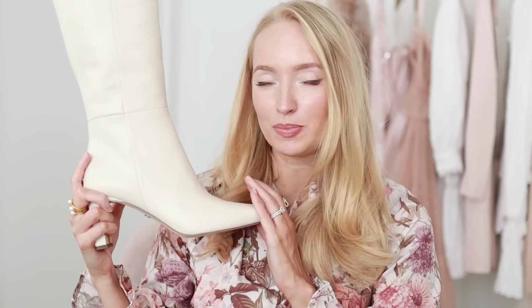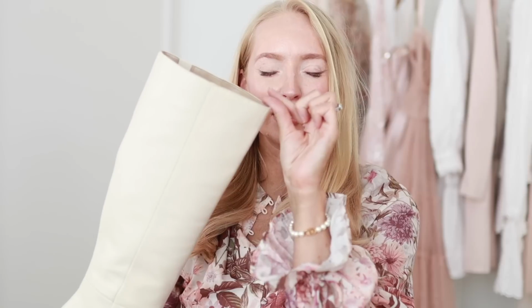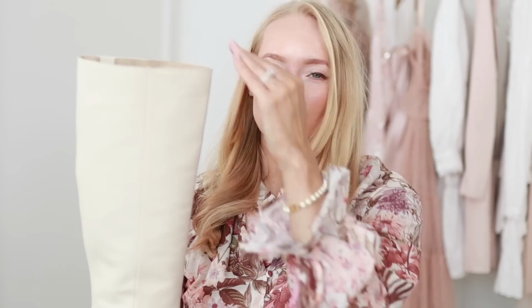When it comes to styling knee-high boots, like I mentioned, I love to pair them with dresses. That could be any hem length. So I wear them with short dresses or longer dresses. The only thing is I don't like when there's just like a teeny bit of, I want there to be at least some overlap if I'm wearing it with a longer hemline. Otherwise, I do like dresses to be a little bit shorter. Otherwise, I feel stumpy if the dress is hitting right above the knee and then the knee-high boot is just